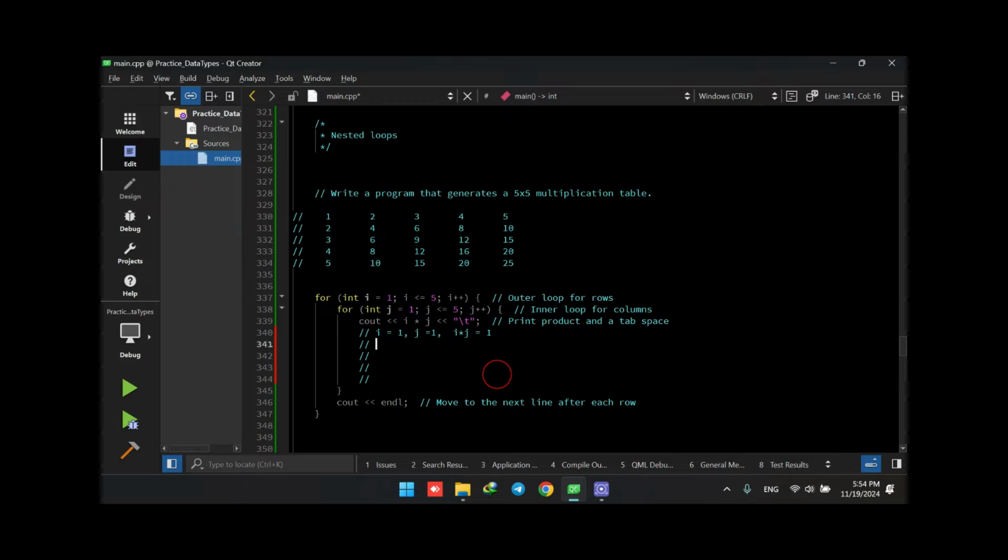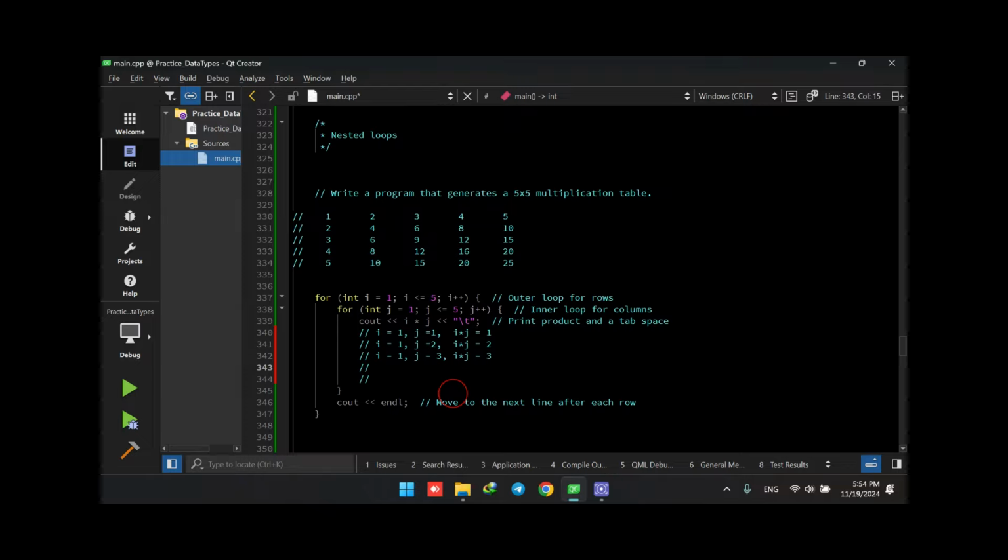Okay, so now i still equals 1 while j equals 2. Now i times j equals 2. Another round. i still equals 1 and j increases until it reaches 5. i equals 1, j equals 3. Then we have i times j equals